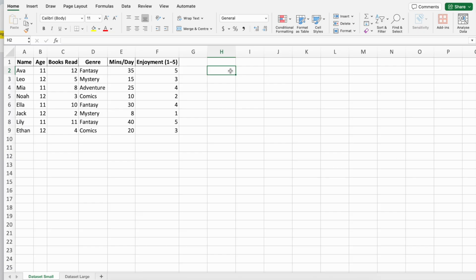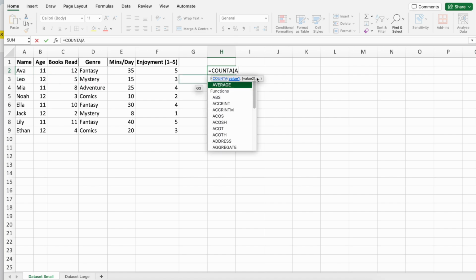So as with all functions, we type in the equals key, and then the function that we're going to use is COUNTA, or count all. And then I open my brackets just in the same way that I did with any other formula, and I put in the first cell that I want to start counting from. So in this case, it's column A, row 2, so A2, and then I put in the colon, which is the two dots on top of each other, and the final row that I want to count here is column A, row 9. So the final cell, A9,